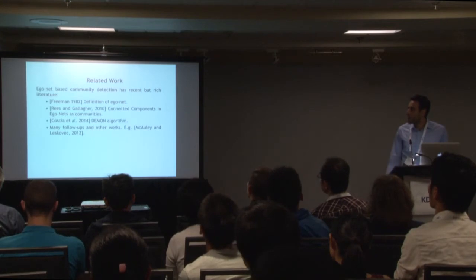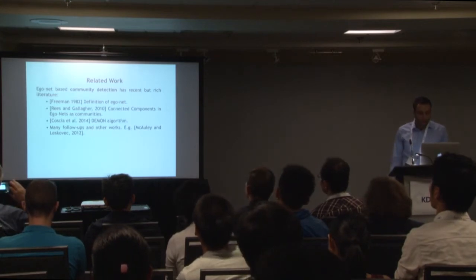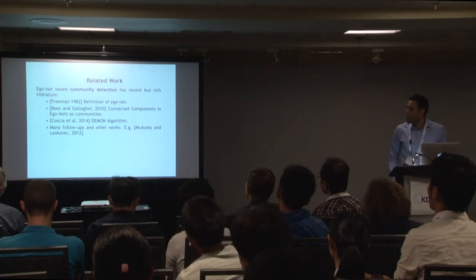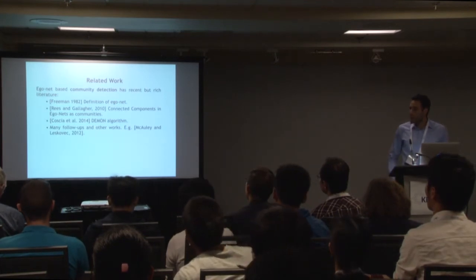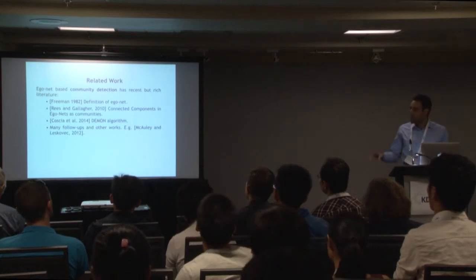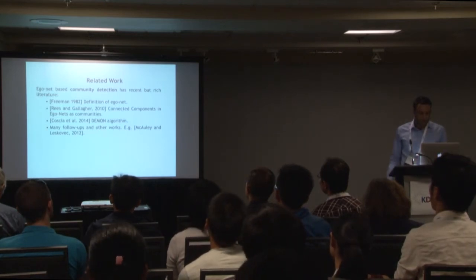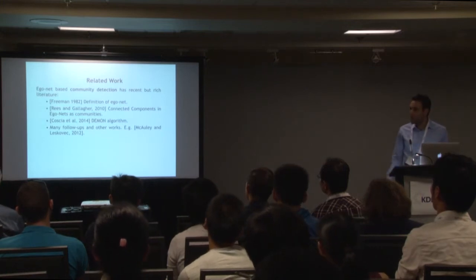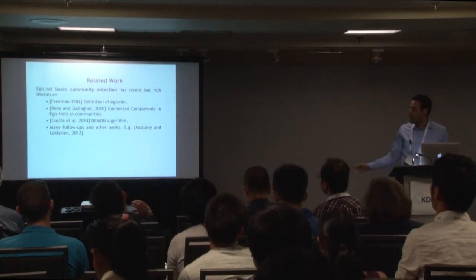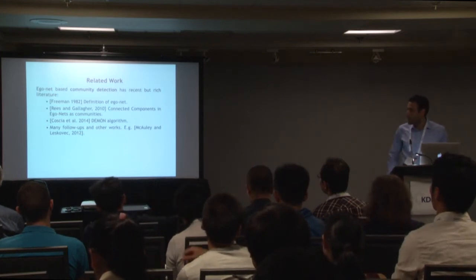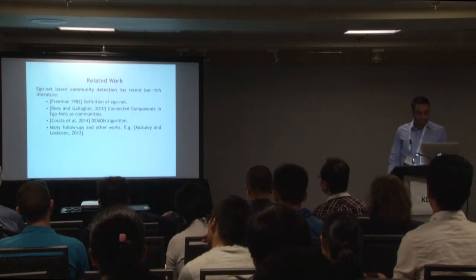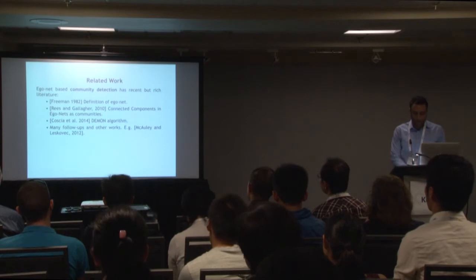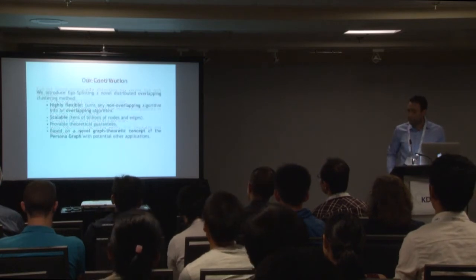This has been studied for quite some time. The word egonet was defined in a sociology paper in the 80s. This is part of the data mining and machine learning community. For the purpose of clustering, the use of a connected component inside the egonet was tried in 2010 by Rees and Gallagher. This was then improved by using clustering algorithms at the level of the egonet in a second paper by Coscia and others, where they introduced the DEMON algorithm. There are many other follow-ups on these problems, including machine learning-based applications.